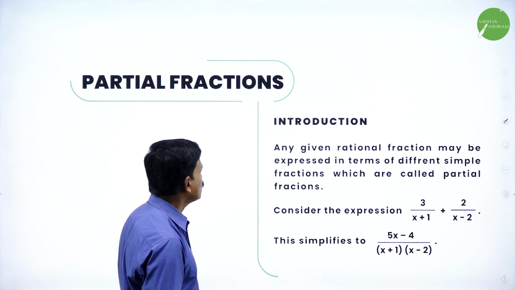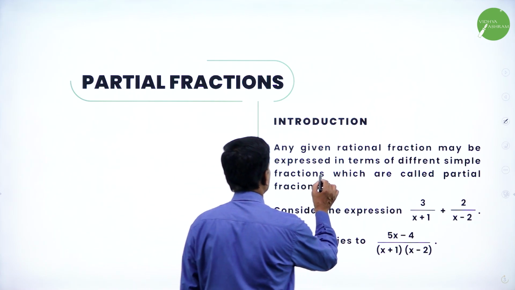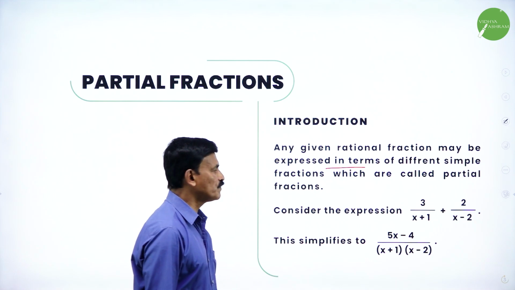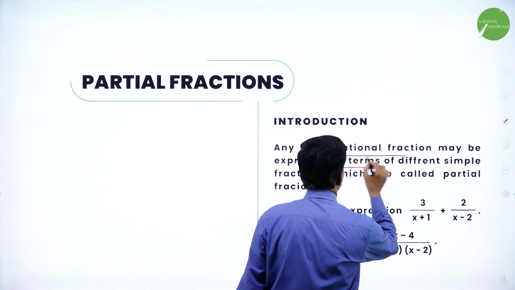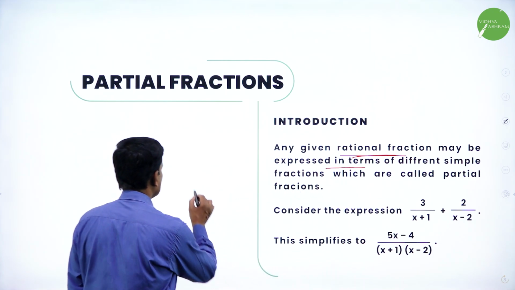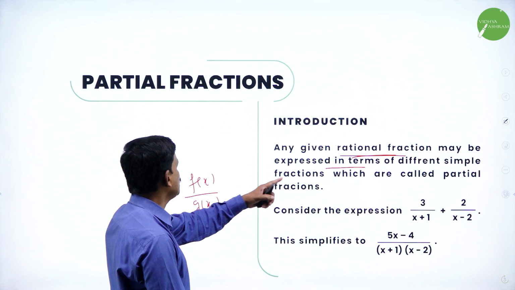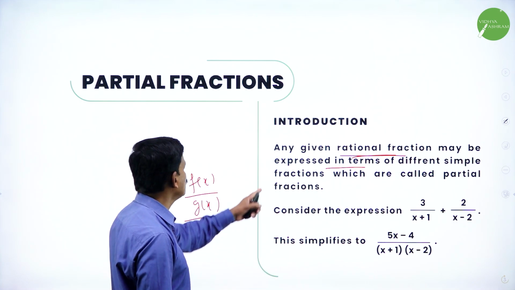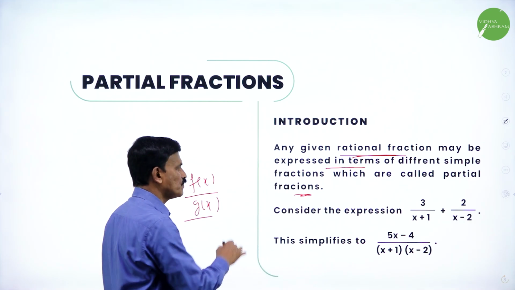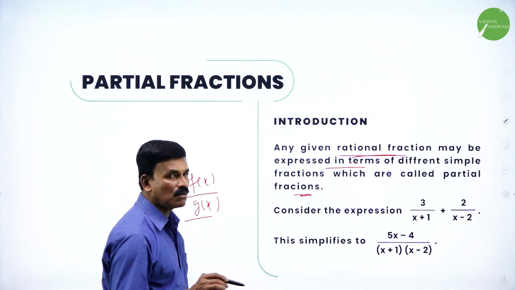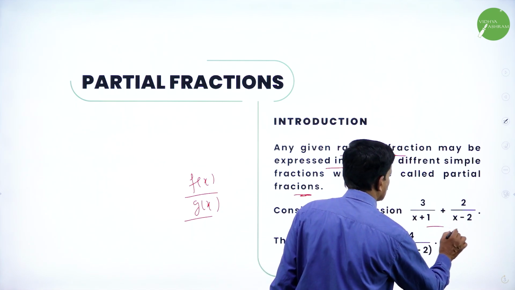Now, let us know the meaning of a partial fraction. Any given rational fraction may be expressed in terms of different simple fractions, which are called partial fractions. Any given rational fraction can be expressed as f of x by g of x, and this f of x by g of x can be expressed as simple fractions, which are called the partial fractions. Consider for example 3 by x plus 1 plus 2 by x minus 1, a sum of